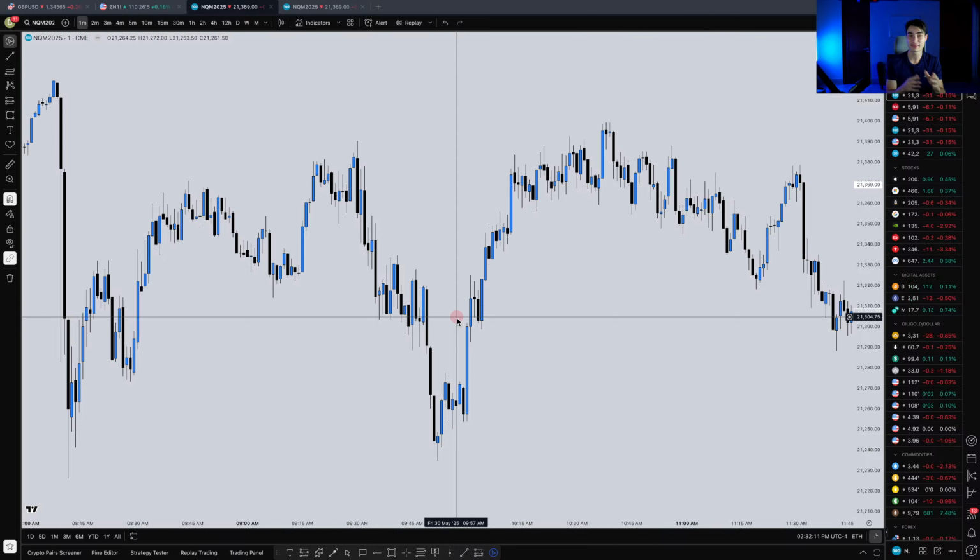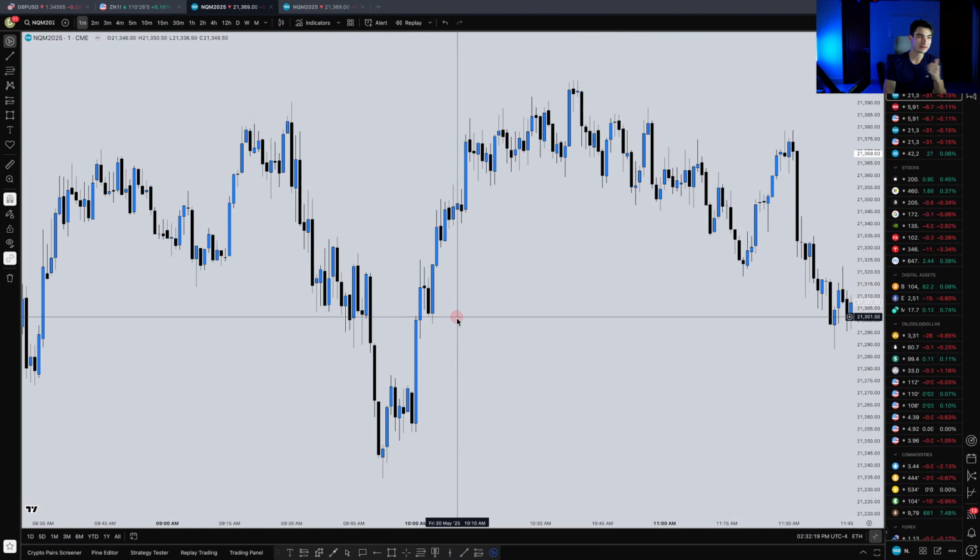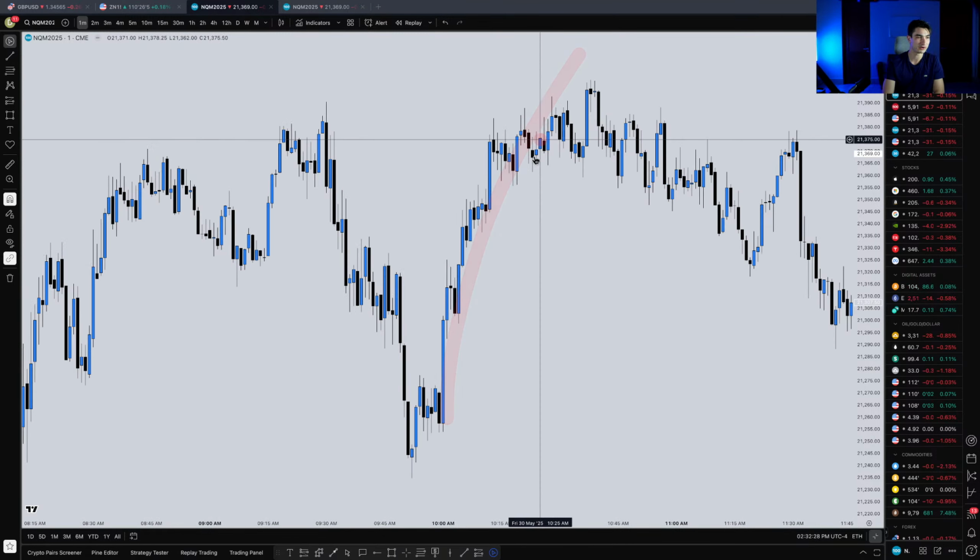But again, the way that I'm able to sleep well at night is, good thing I don't even need to worry about all that. What that old man Powell saying, what Trump saying, what they're doing with tariffs. All I know is we need to know what time of day is it, where's the liquidity they're going to gun for, wait for order flow to get in sync, and then we're absolutely banking on these price runs. Really nice price run that we were able to trade on Friday. And that just makes it easy for me because, like I said, there's a lot of other things to be considered.